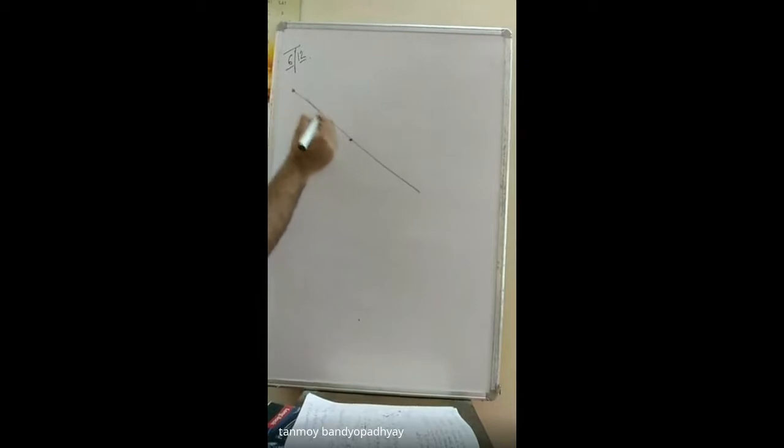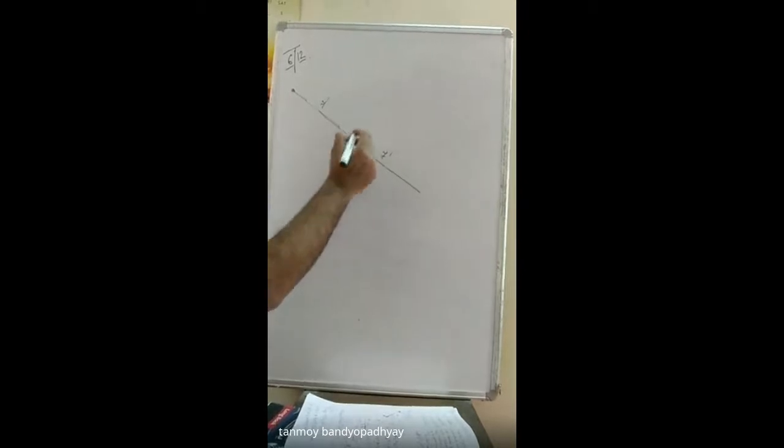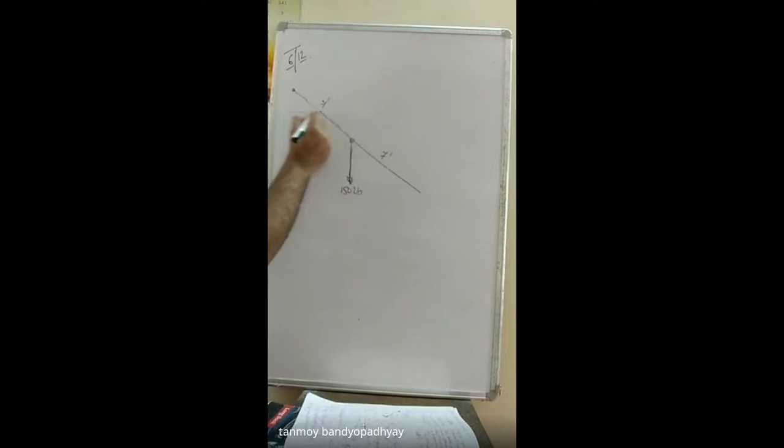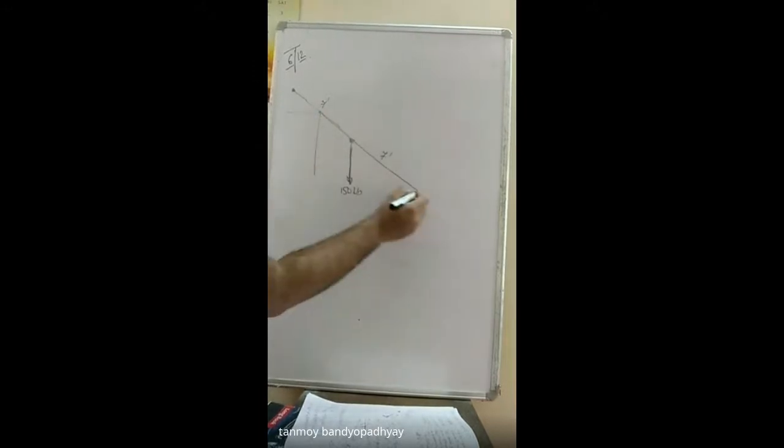For this cone, the CG will be at 7, 7. So it's 14 feet, so this is 7 feet and this is 7 feet. At the center, 150 pounds force is acting. What else? We have a point A, the support, and we have a point B where there is also a support.